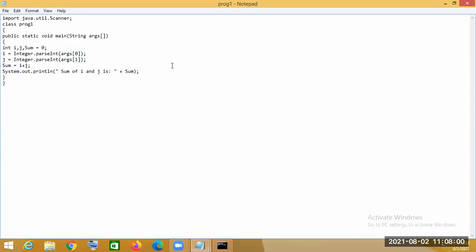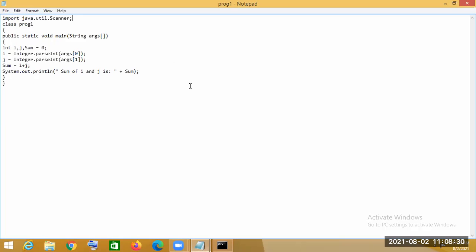After creating the object, the inbuilt methods present in the Scanner class, we will use to take input. So these are the steps: step 1, step 2, step 3.